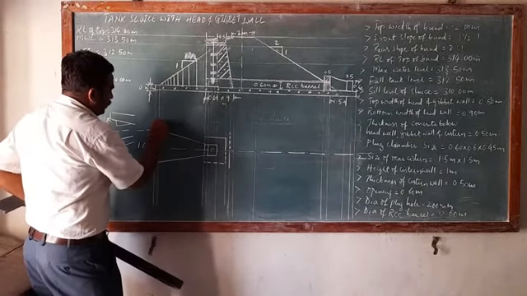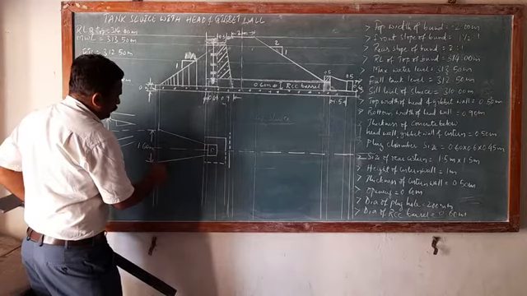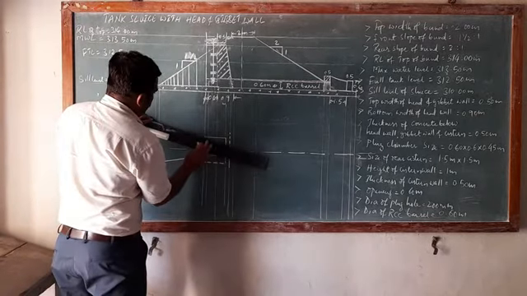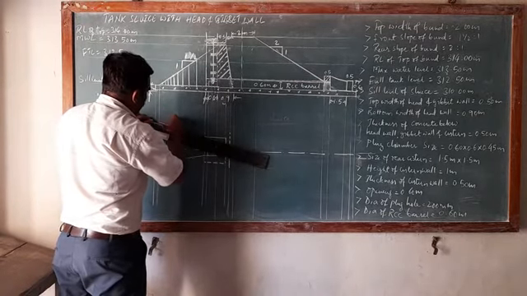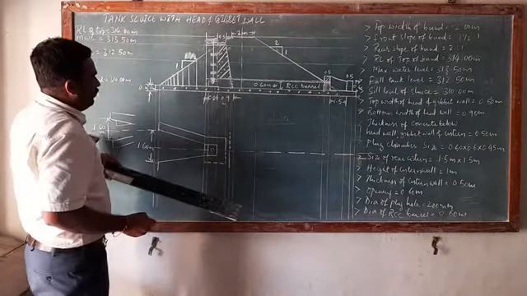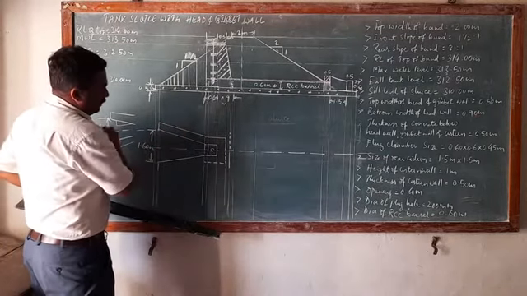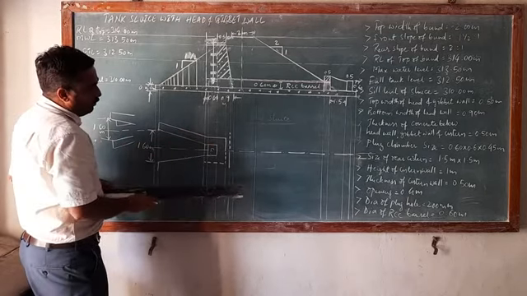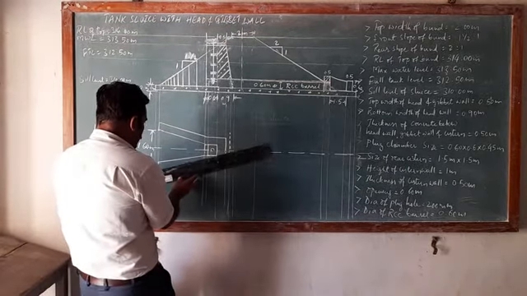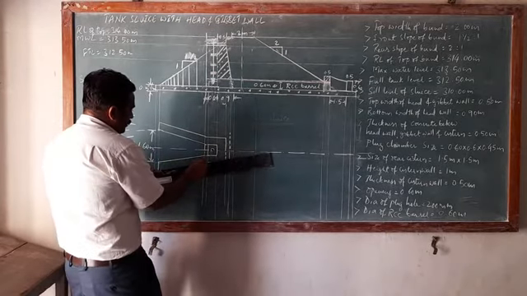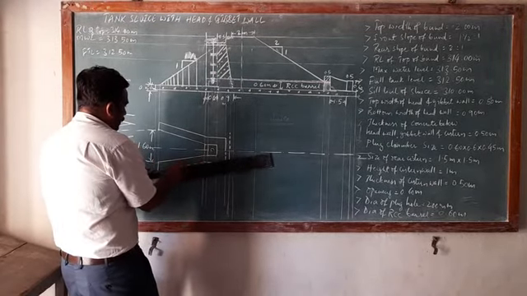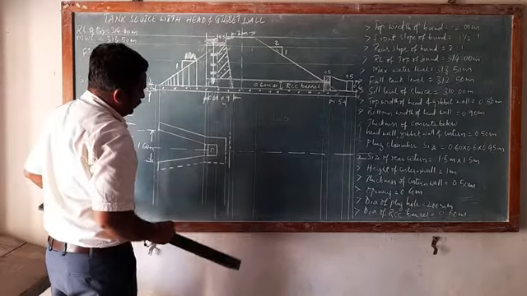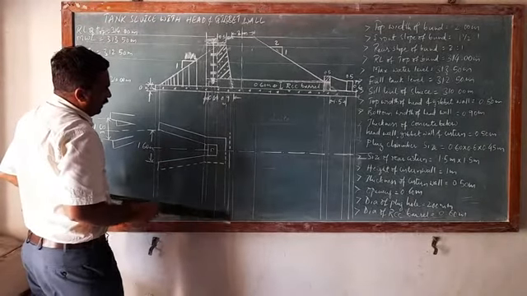So here you mark the thickness, now 0.5 meter, then you join this line. So this completes the wing wall top width. So on the plan at top, this top thickness will be visible, whereas on the half plan at bottom, we need to mark the top thickness or top width of the wall with a dotted line.